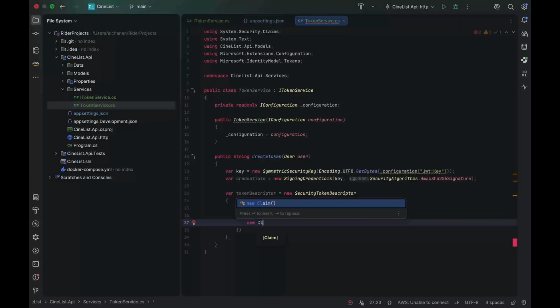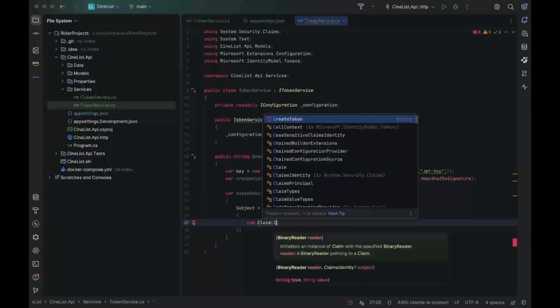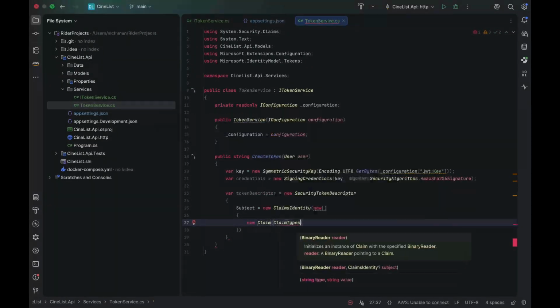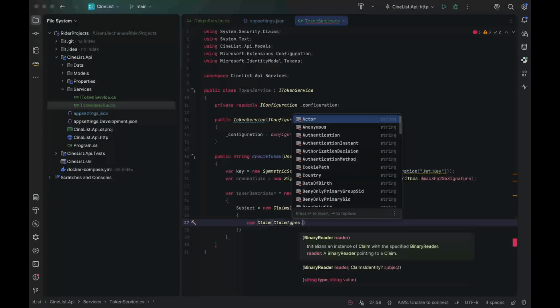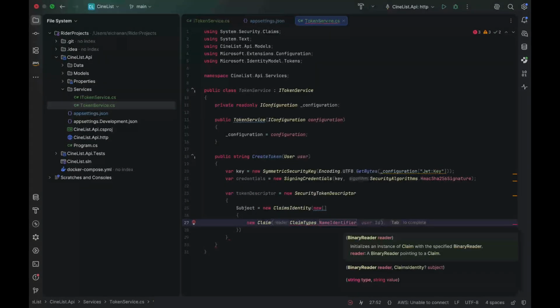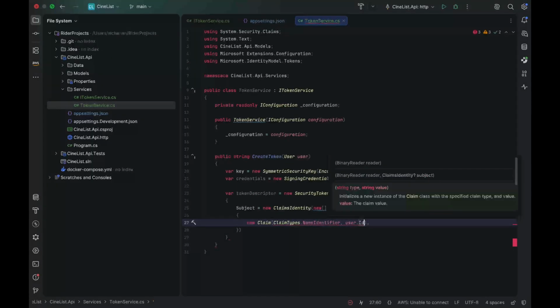First of all, we'll have new Claim, and inside of the claim we will first of all define the type. So it will be ClaimTypes.NameIdentifier, which will be the ID, and we will set it up to